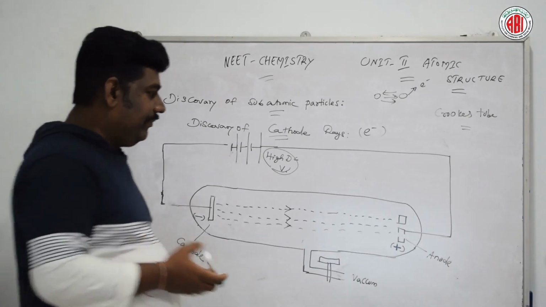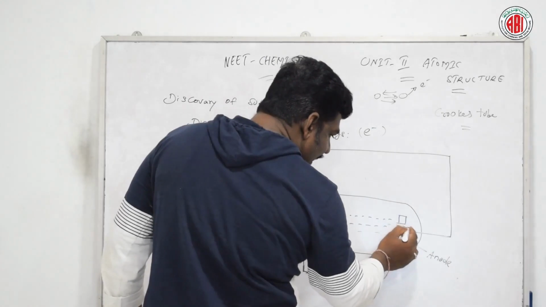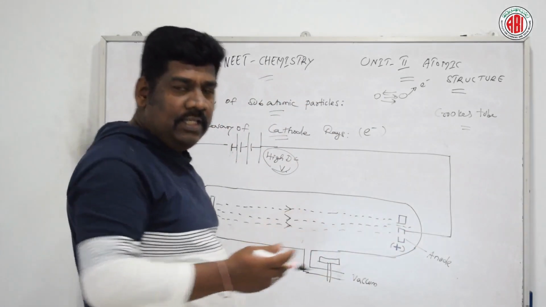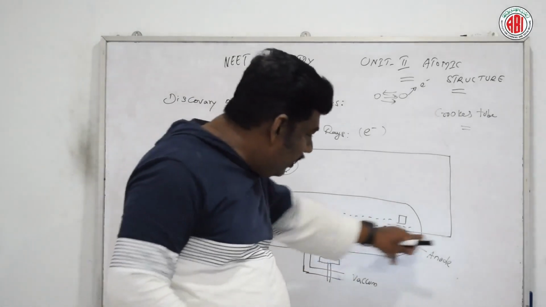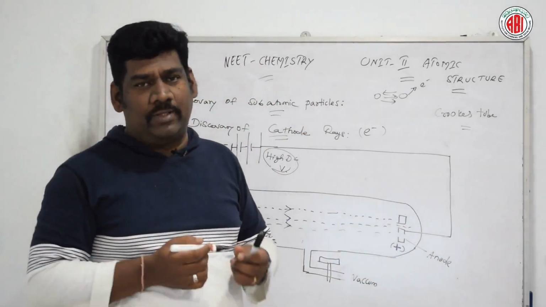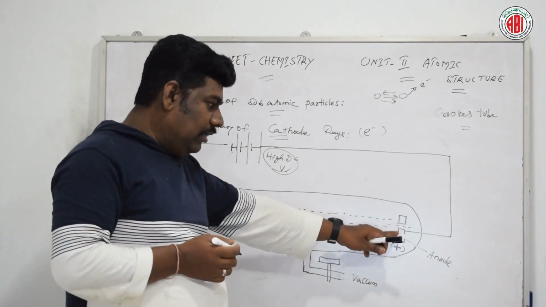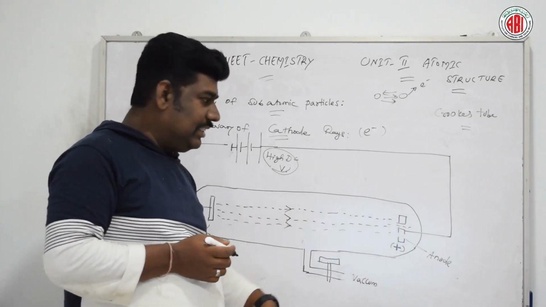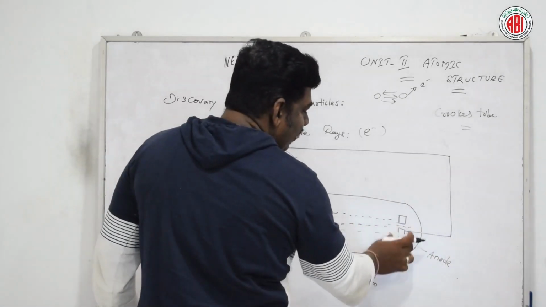When they made the hole, the rays even penetrated, meaning going through the hole present in the anode. They made a hole in the anode, and behind it, I mean behind the electrode,